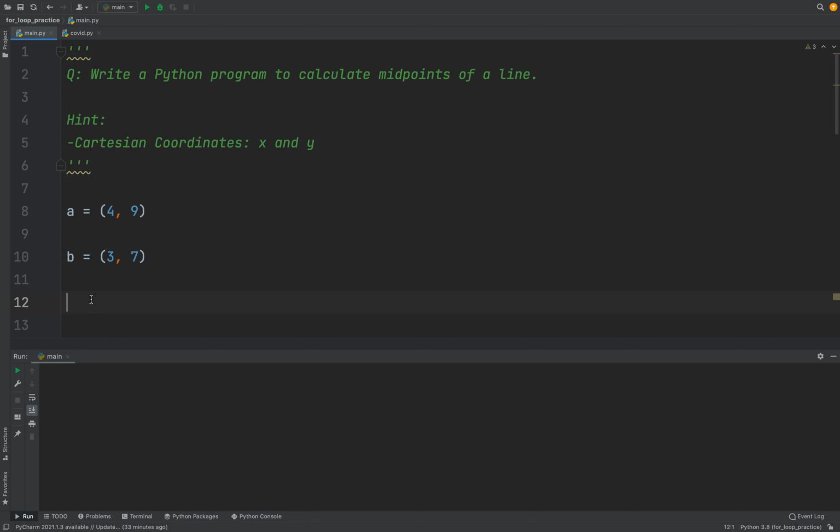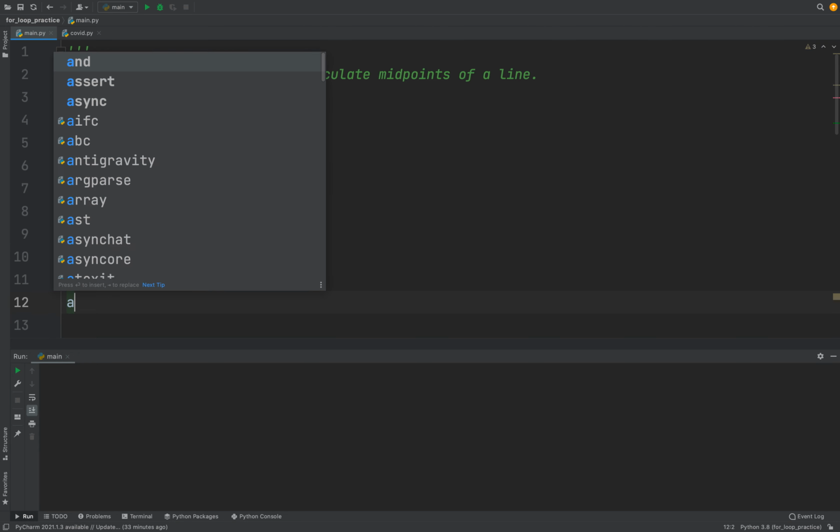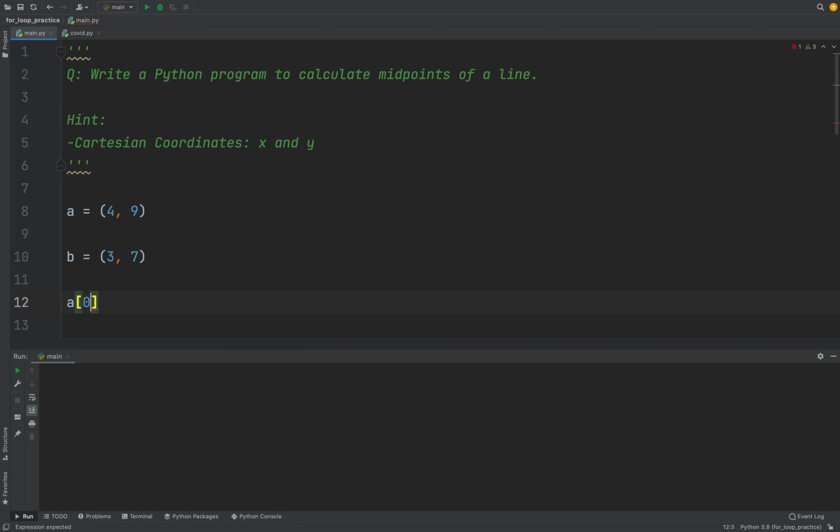Now let's calculate the average of x's. So x1, x2, the average. The way that we calculate it, basically we say 4 plus 3 divided by 2. But let's use our Python knowledge. The way that we can get a hold of this x1 is we can get the position 0 of this point A. So I'm going to say A position 0, which is 4,